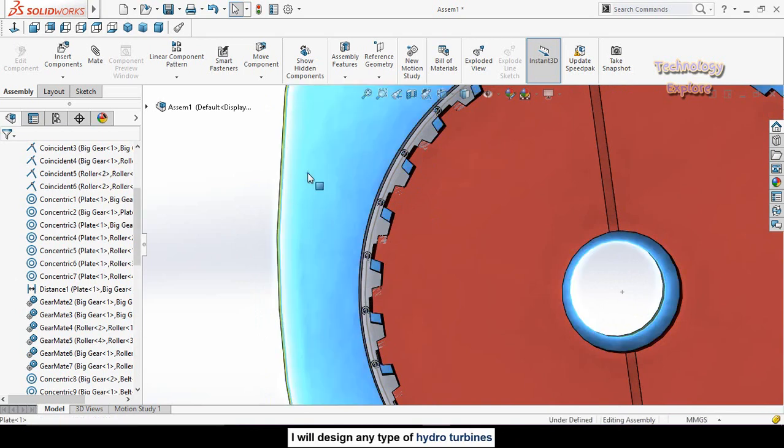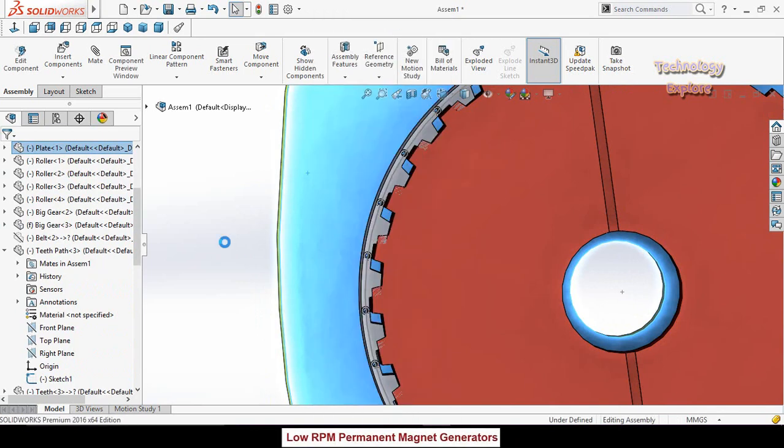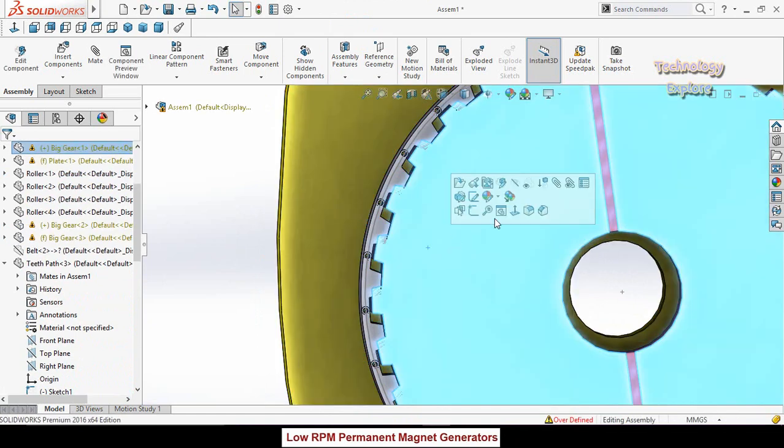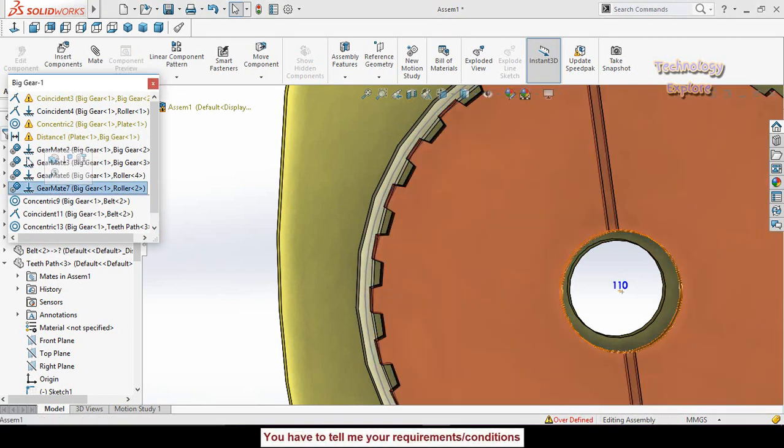So for that, right click on the plate and make it fixed. Then click on this gear and select view mates. One by one, click on all these 4 gear mates and suppress them.